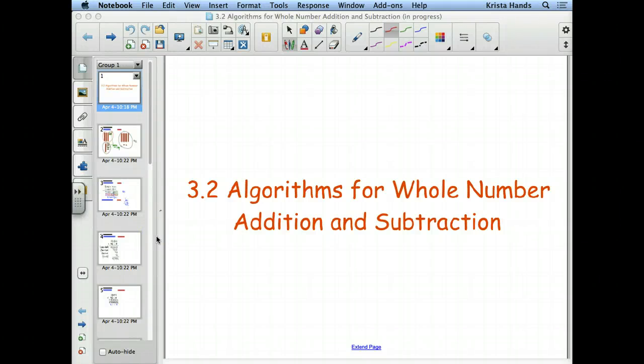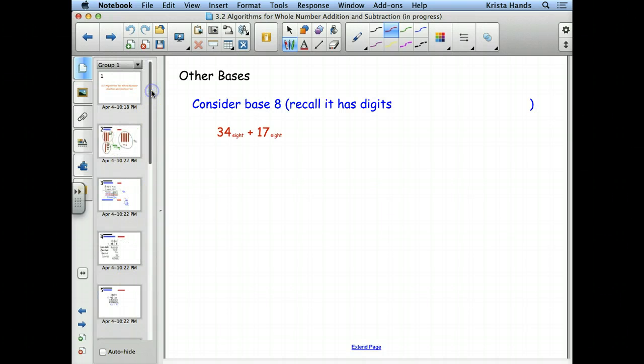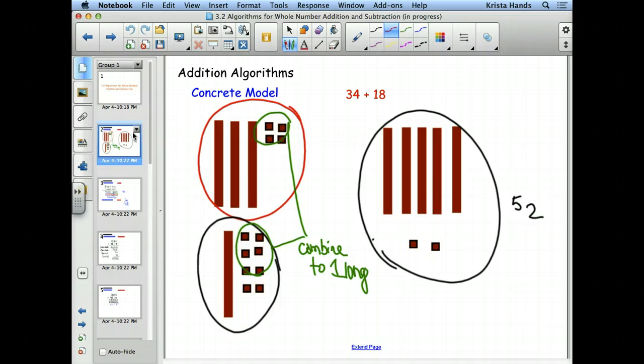We left off in the middle of 3.2. Actually, we're really close to the end of it. We just have a few slides left. And we had gone through, well, let me just run through real quick a few of the things we've gone through. We've gone through some different algorithms, and remember, algorithm just means a process for doing something. We've gone through a couple of algorithms or a few algorithms for addition, and then a few more than that,